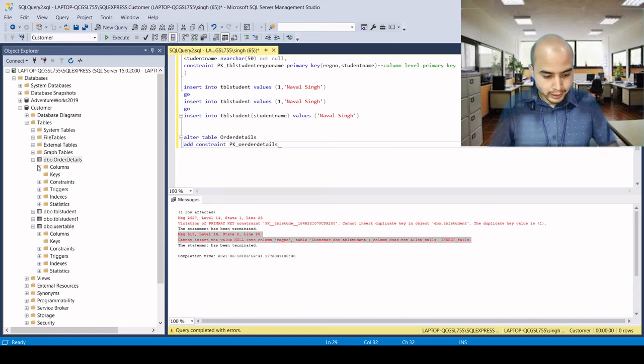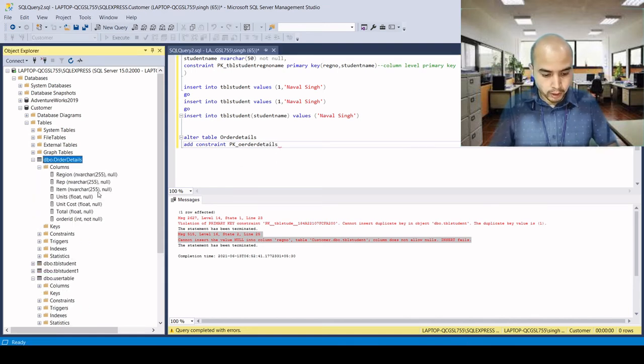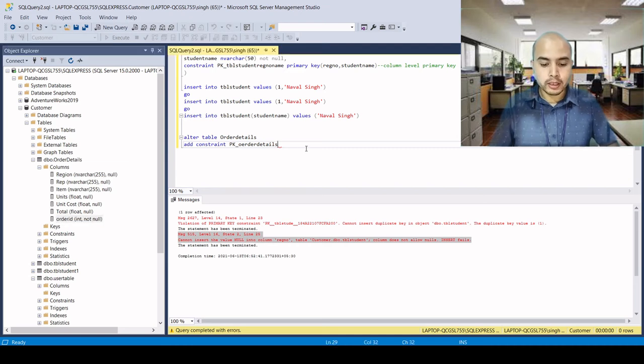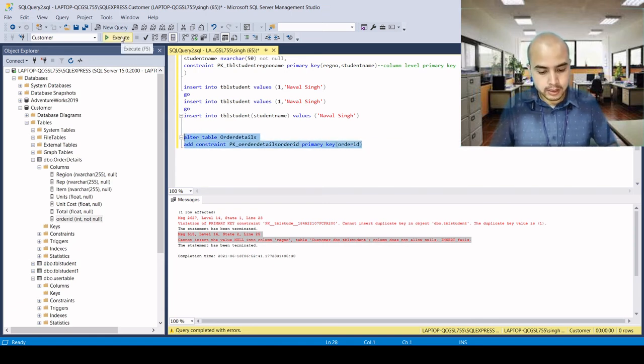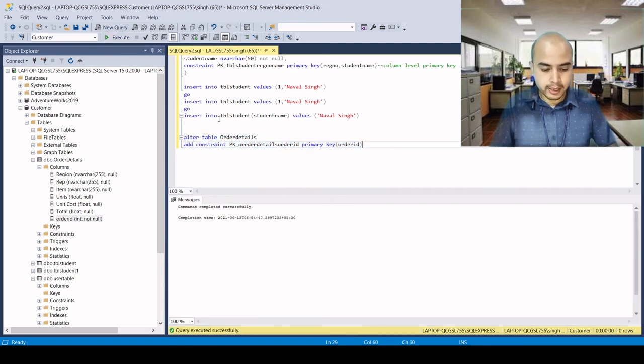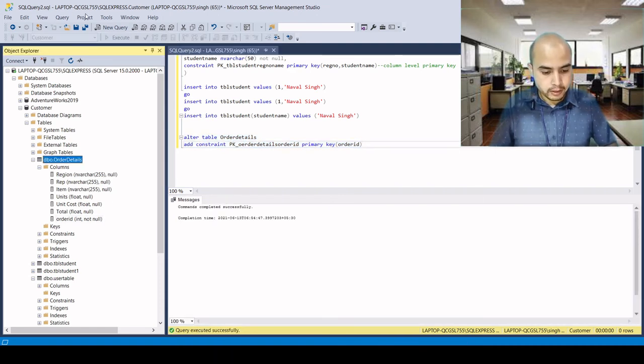Then we need to give which constraint we want to apply, primary key, and on which field, order ID. It's so simple to learn. So let's create the primary key constraint. It's added. Let's check.